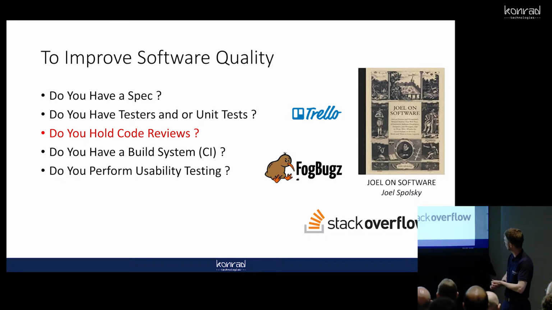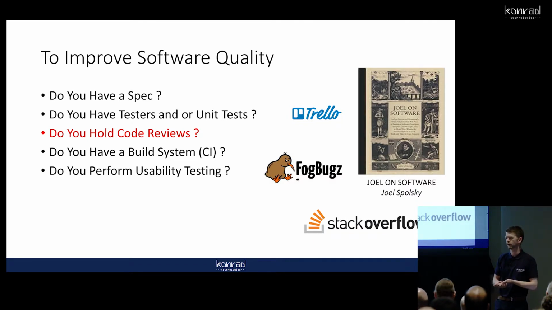It's a book called Joel on Software by Joel Spolsky. Joel Spolsky is the founder and creator of Stack Overflow. I'm sure a few of you might have looked up problems on Stack Overflow. He is also the creator of FogBugz and the Trello application. Joel on Software is a very good book that talks about how you can improve your team, your own